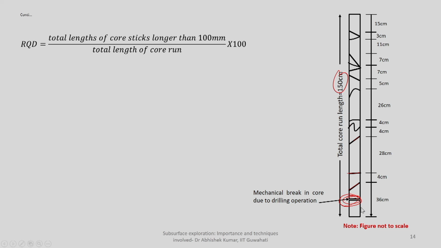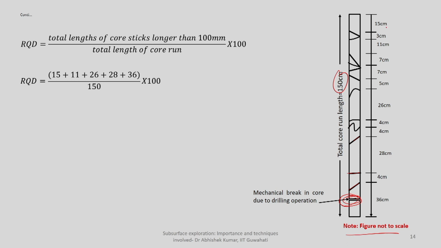So this entire core will not be split into two parts; we will consider it as a single length of core stick. Now here you consider different lengths given, starting from the top surface to the bottom. You can see some are 15 centimeter intact rocks, and then there are 3 centimeter, because a small portion of rock came out, then 7 centimeter, 5 centimeter, 26. Remember this figure is not to scale, so 36 centimeter and 7 centimeter may not look proportionate to each other, but overall this is the length of the core you are trying to understand. In order to determine RQD, you will count how many cores are there which have a length of 10 centimeter or more.